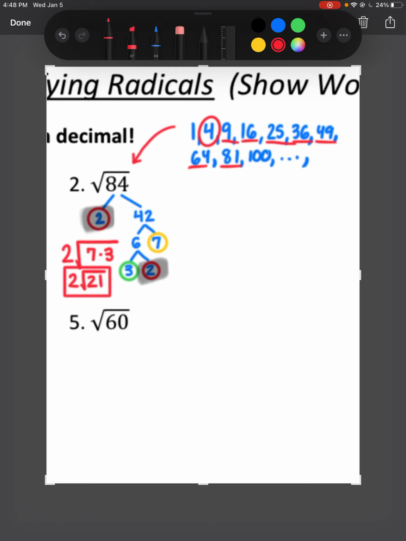So we basically divide 84 by 4. And that results in the number 21. So we know that the product of the square root of 4 and the square root of 21 would be equal to the square root of 84, right? But we can leave it in this form right here and simplify